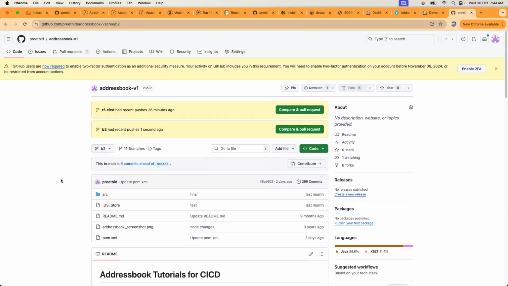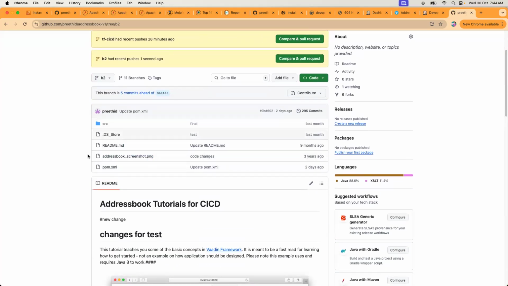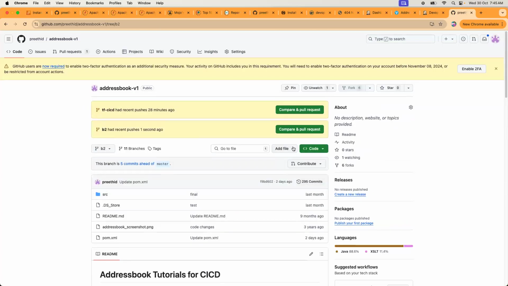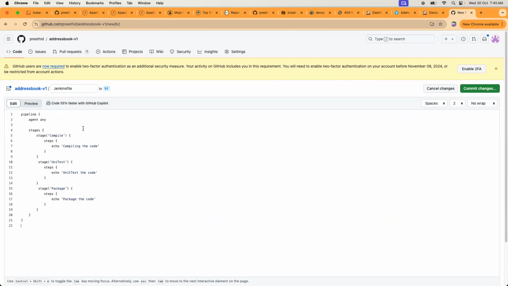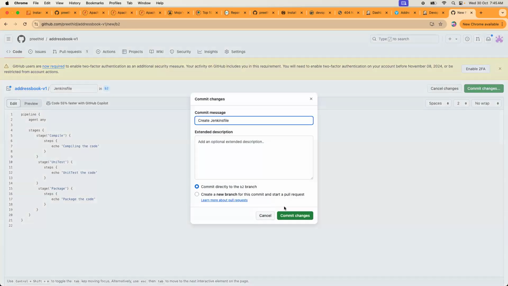Okay, I'm creating a branch called B2. Right, this is the one. So this is the branch we have: source code, POM file, some screenshots for the application, and README. So now let's create, rather than placing the code there, always the best practice is to create a file called Jenkinsfile and put all the code here. This is the best practice,